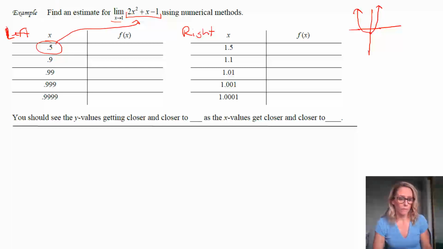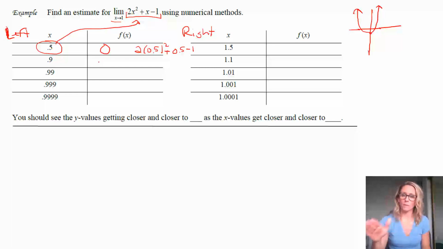1. So if you want, you can pause and take a few moments, use your calculator, and put these values into 2x squared plus x minus 1 and see what value comes out. Understand that that's the y value on the graph. We put f of x here because we're calling this function f of x. So if you put in 0.5, you're squaring it, multiplying by 2, plus 0.5, minus 1, and you're seeing what comes out. So the first value that comes out should be 0.